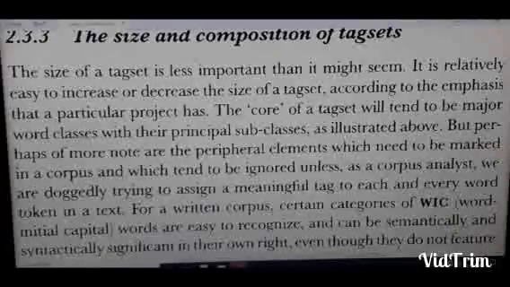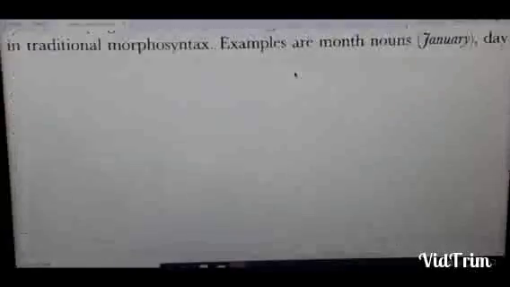For a written corpus, certain categories of WIC, word initial capital, words are easy to recognize and can be semantically and syntactically significant in their own right, even though they do not feature in traditional morphosyntax. Examples are